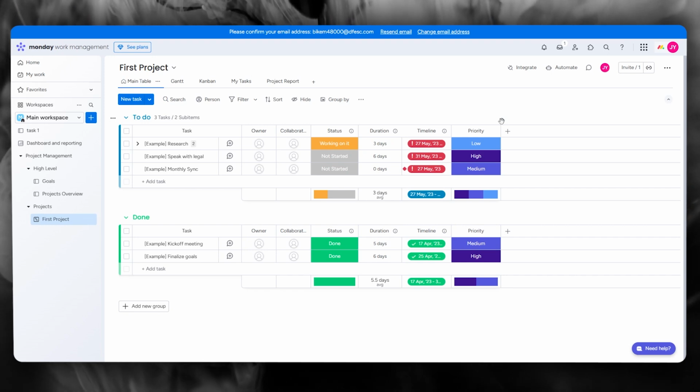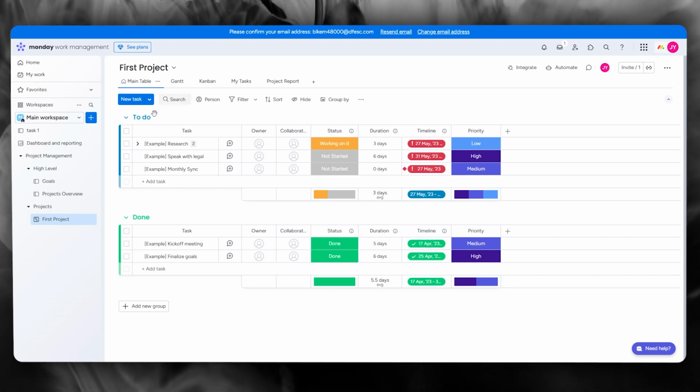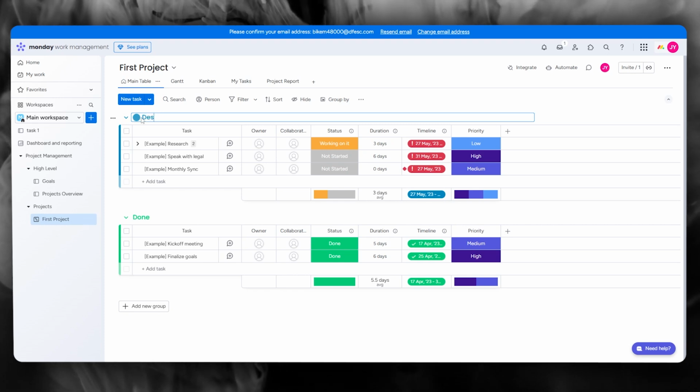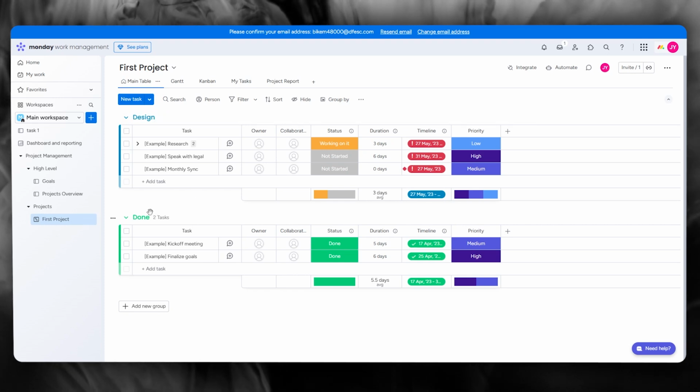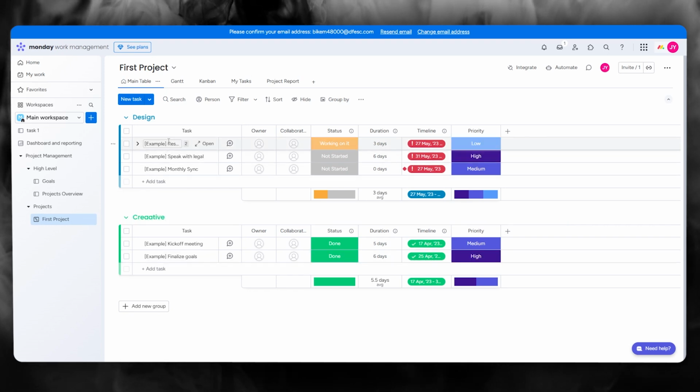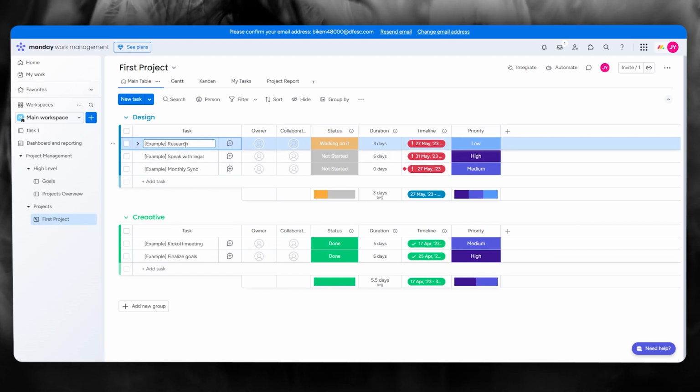And to set things up for yourself, you can make changes in it. Like, let's say from to do, you can change it to design. Let's say you're in design and creative. So over here, you can do that design. Let's say we can switch this up to creative. And once you do that, you can go ahead and change the recurring inline tasks in it as well if